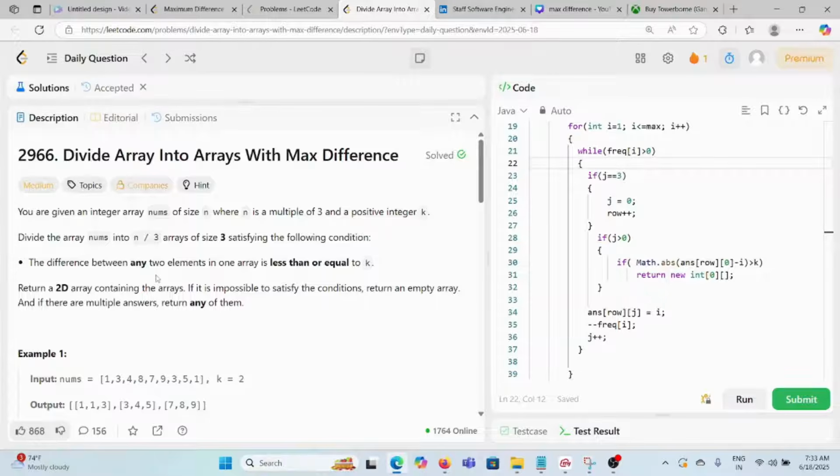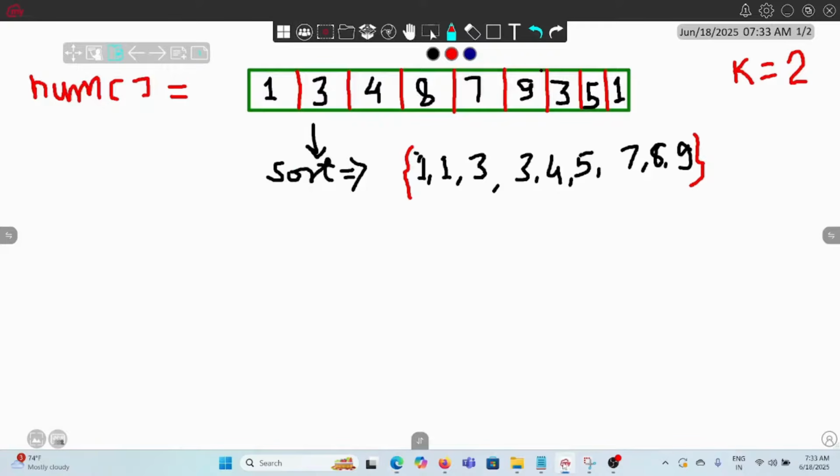The difference between any two elements we can understand like this. For example, this is our nums array given to us, which has the size 9. What we have to do is group together n by 3 different arrays, all of them of size 3, so that none of them would have a difference greater than k. For example, if this is our array, if we group them like this,